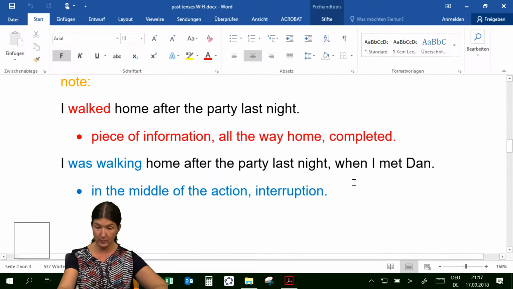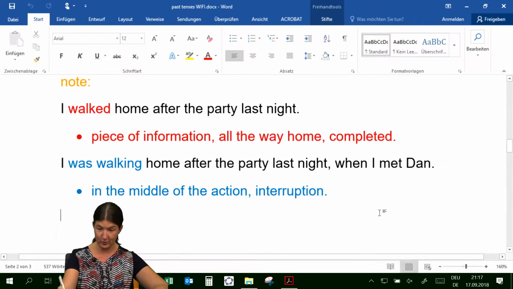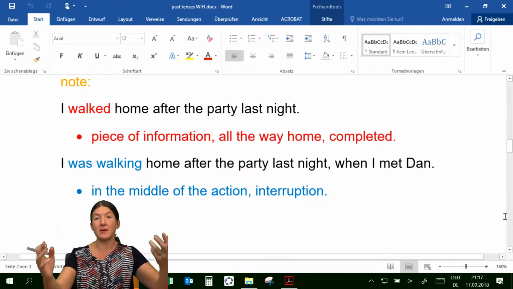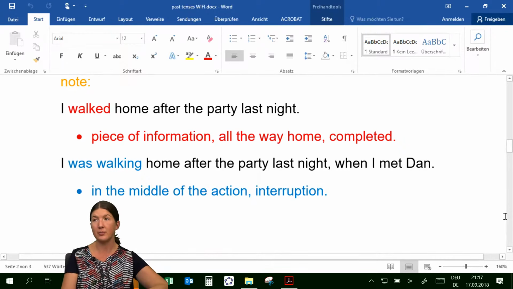So the subordinate clause, why can I draw on the PDF, but why can I not draw on a Word file? That's weird. Anyway,